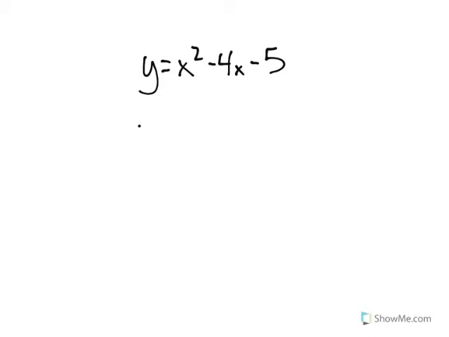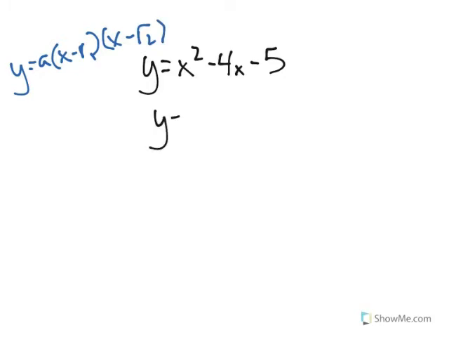To put this into factored form, which is y equals a times (x minus the first root) times (x minus the second root). Since my a is 1, I know I don't need any number out in front of my parentheses, and I'm going to have x plus or minus something, times another x plus or minus